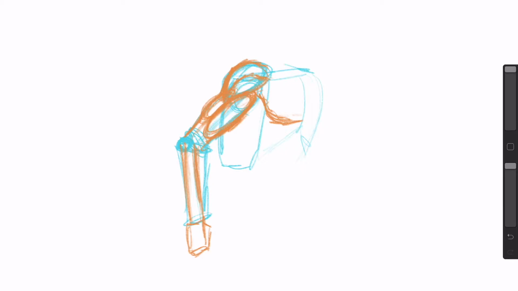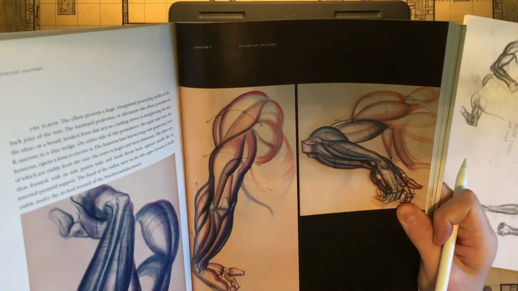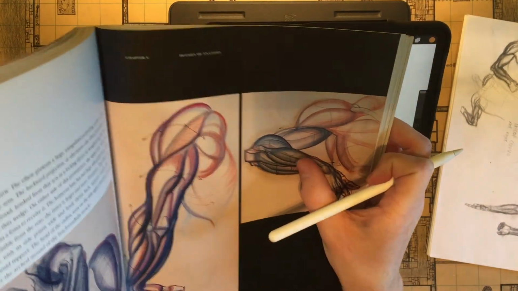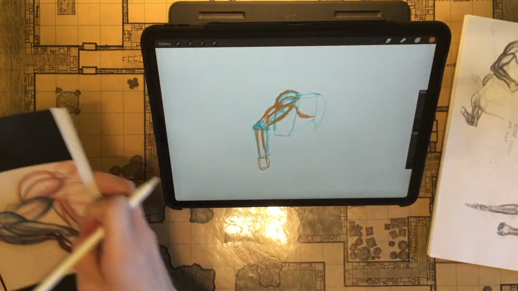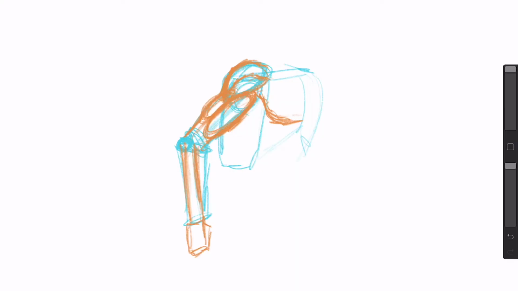And then from these bones is where I add on the muscle on top. So again, looking at these pictures, I can decide where the muscles go. So from here, there's two muscles, and then there's another muscle kind of under. This is the main muscle masses, not every muscle ever. And so from about here,